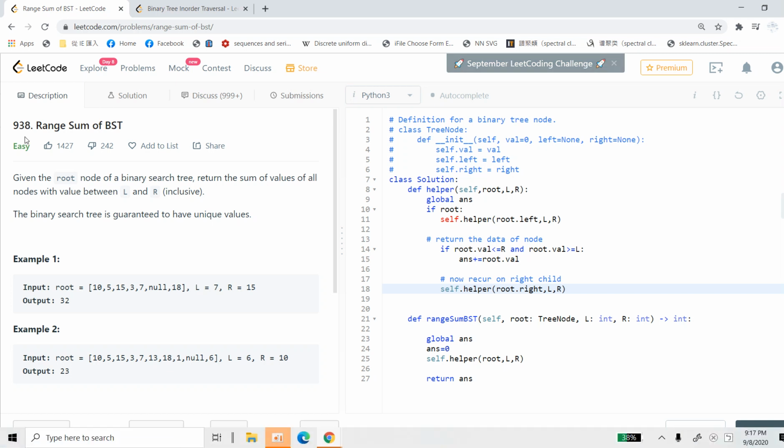Section 938 is range sum of BST. Basically you have a binary tree, and then you keep L and R. L is the lower bound, R is the upper bound, and then inclusively you need to sum over a